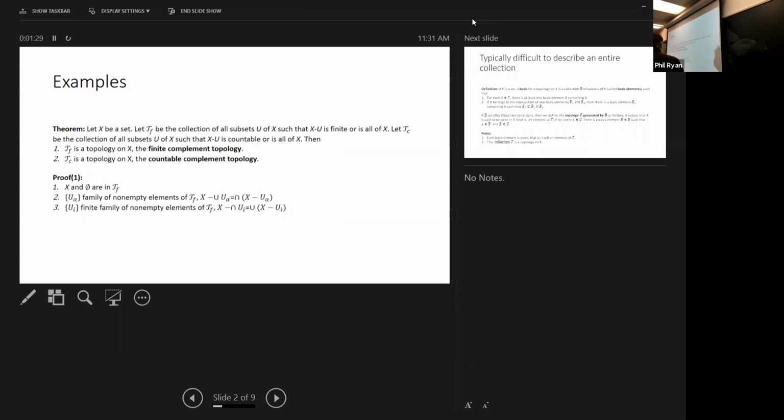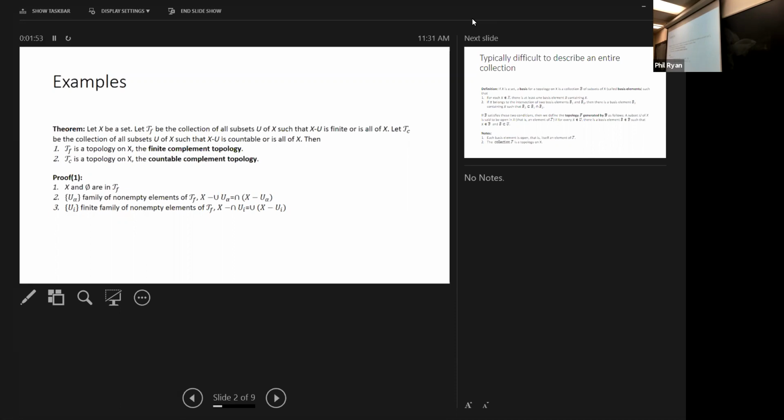Where we left off last time was we noted that the whole set and the empty set are in that collection, and we saw that if we had an arbitrary collection of non-empty elements of the finite complement,